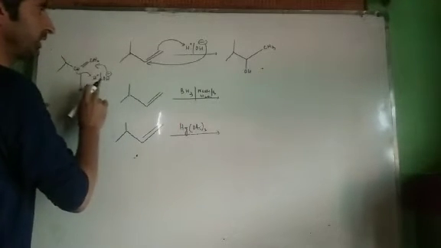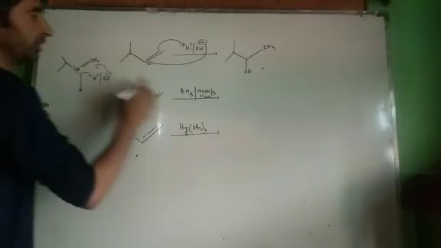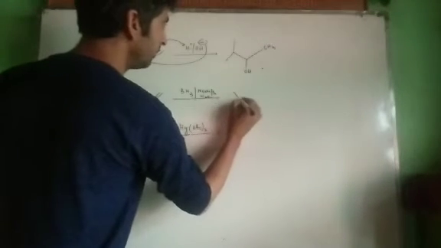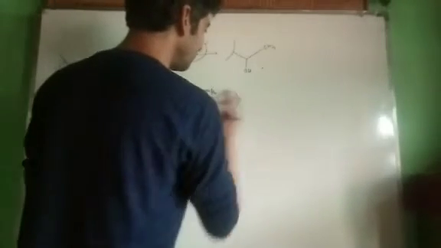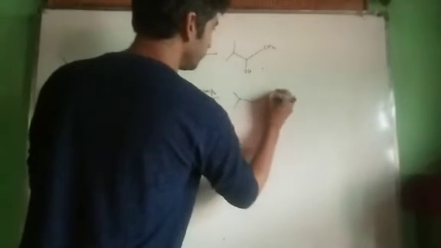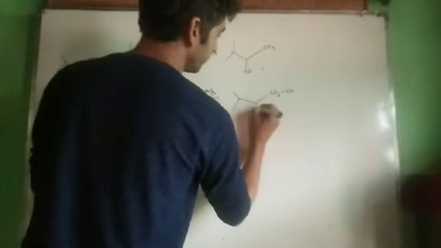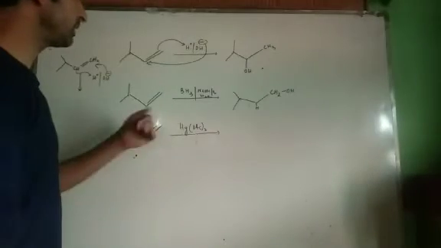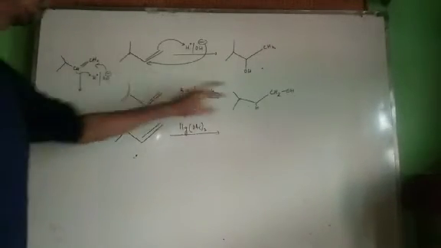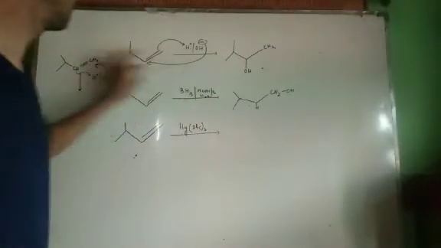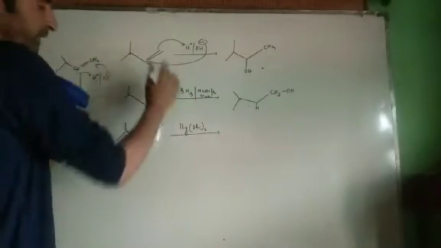That's why we get 1-propanol over here, with the OH group at the terminal position. In this case we get the OH group at the terminal position, means the product will be CH2OH. This will be the product. But you only have to remember that in case of hydroboration, the OH group will be at the terminal position of the alkene, if this alkene is terminal.